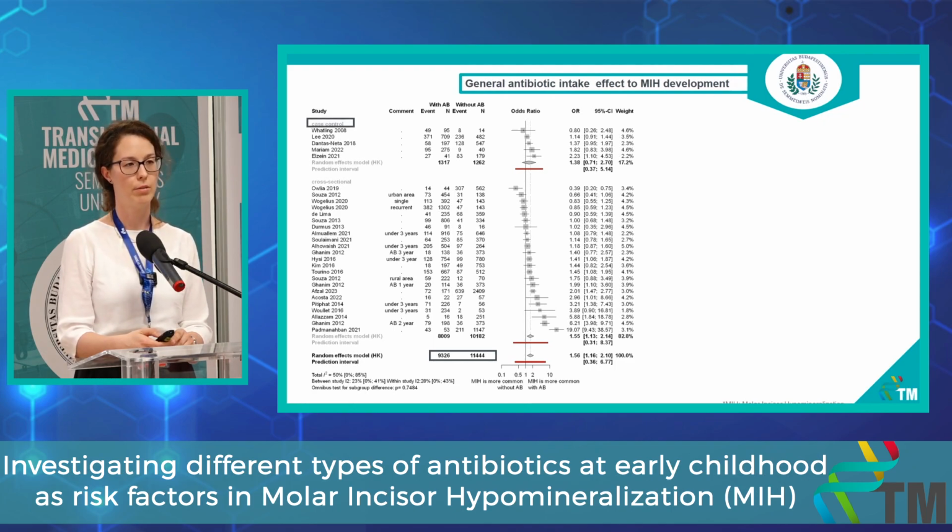The heterogeneity level was 50%, which can be due to the fact that we had no data about the dose and the exposure time of the antibiotics, and also no data on which disease they were used for. Our final result is a 1.56 odds ratio, which means that the odds of having MIH are 56% higher with early childhood antibiotic intake. This result is statistically significant, so our conclusion is that MIH has a clear association with antibiotic